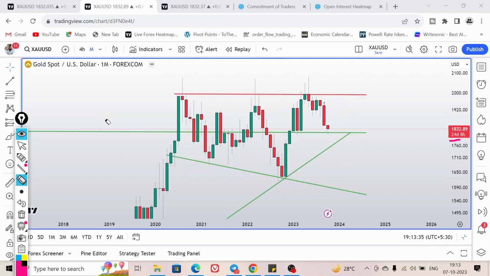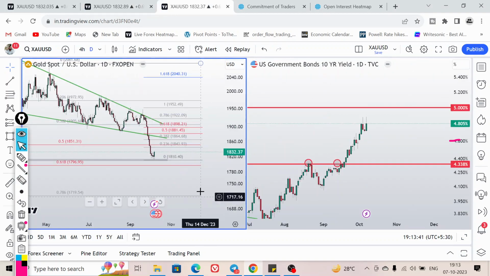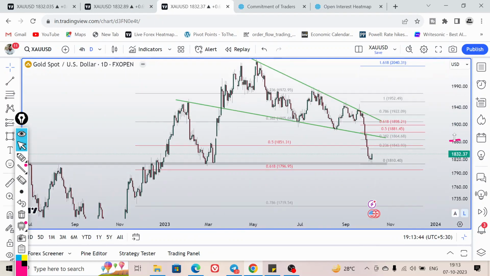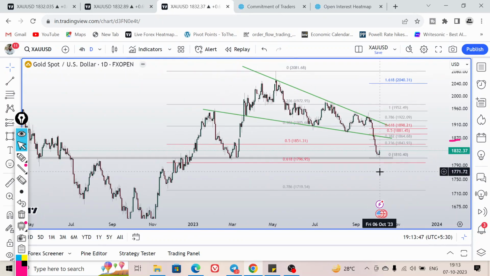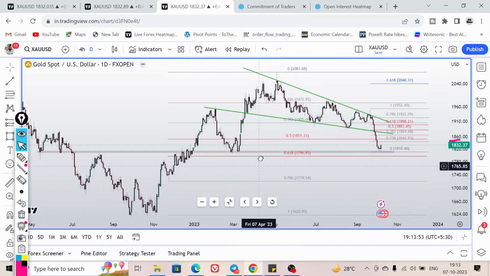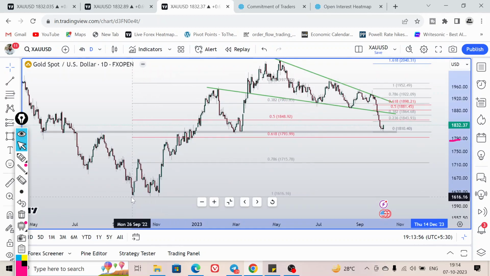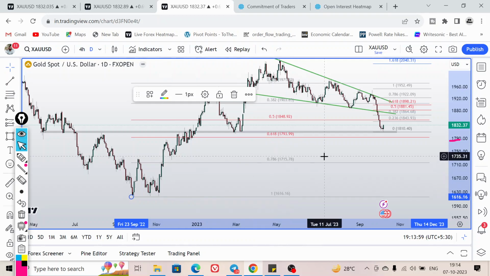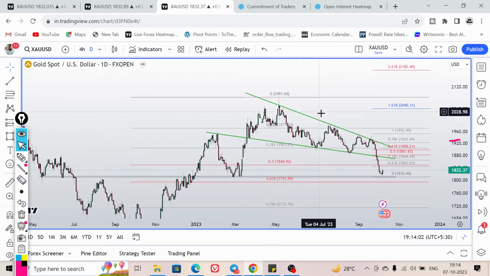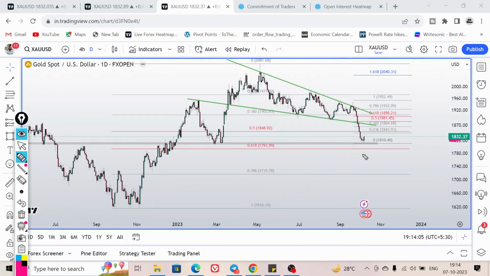So let's move on to the daily chart now. On the daily chart, this is the most important chart that I want to discuss. On the daily chart, if we check the current Fibonacci cycle for this recent low, this previous year low around 1616, and the high around this 2081, currently you can see the price is trading inside this golden zone. This is the most important part in the Fibonacci zone, and currently price is rejecting and respecting this price level